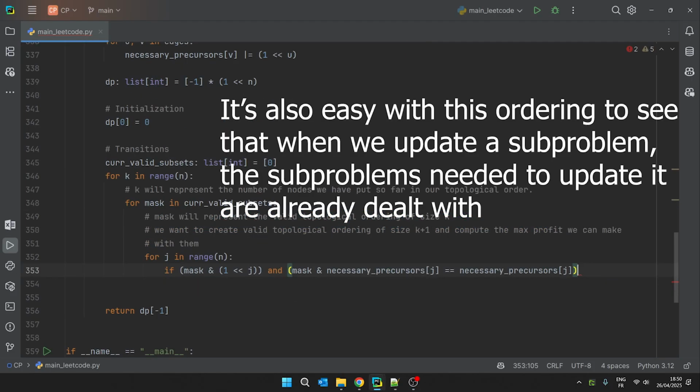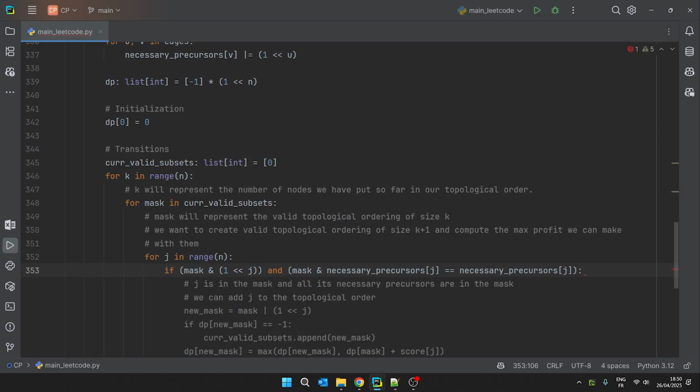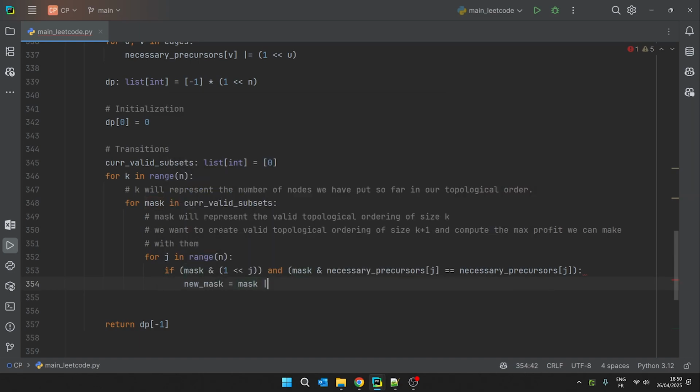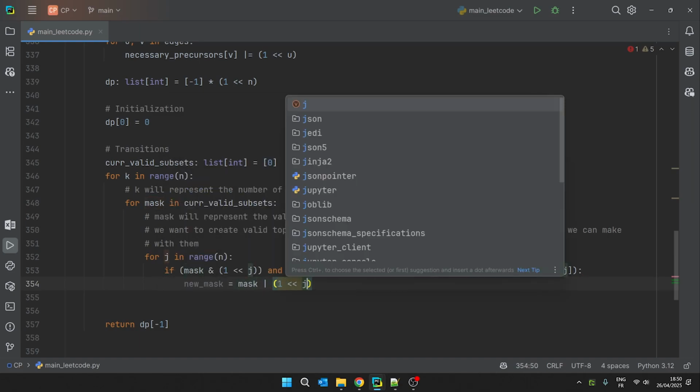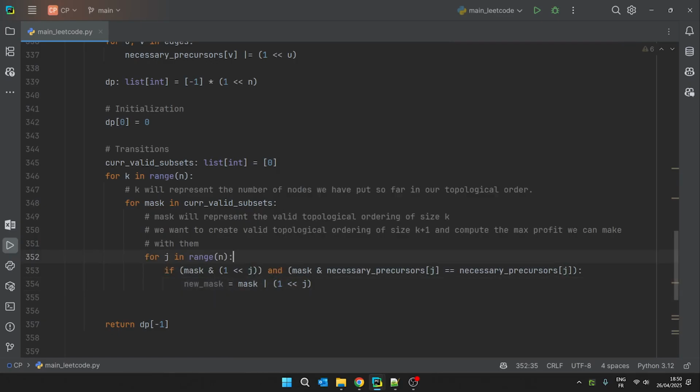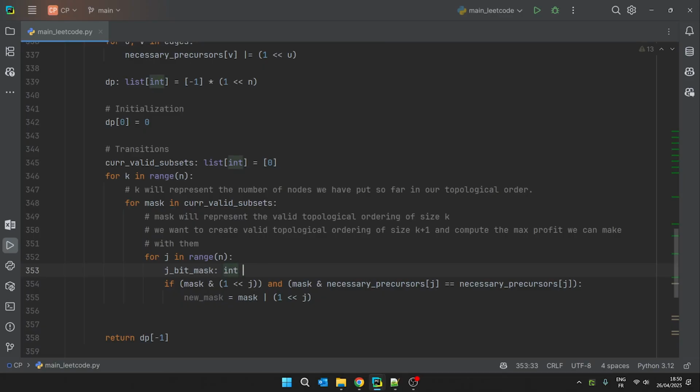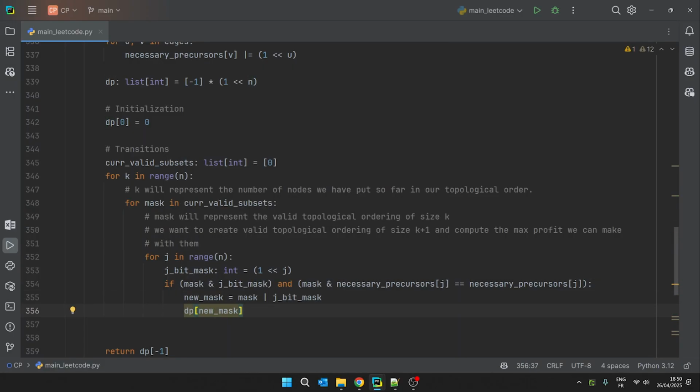And so the new mask, now that we know j can be added, a new mask will just be mask OR 2 to the power of j. So I should really pre-compute the j bit mask instead of doing this. And so I have the new mask, and I can then do dp new mask equals something, right? And this something will be